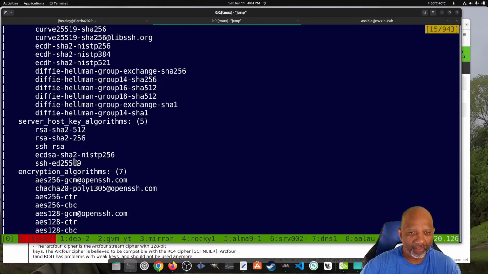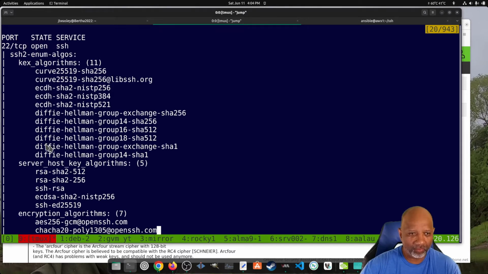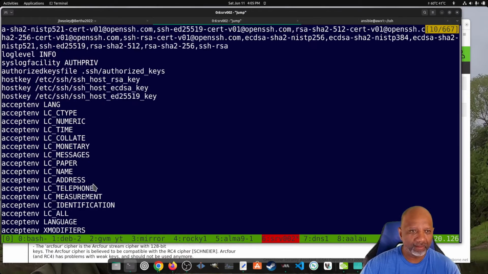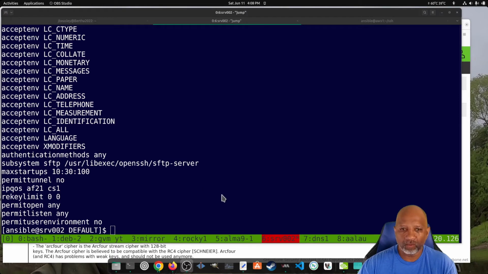So what it's reporting under the KEX algorithms, it's showing Diffie-Hellman Group 1, and under the encryption algorithms, it's showing those CBC. So the system itself is showing me one thing, and SSH is showing me something different. What I found was that